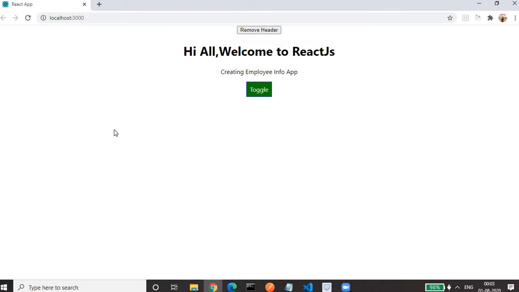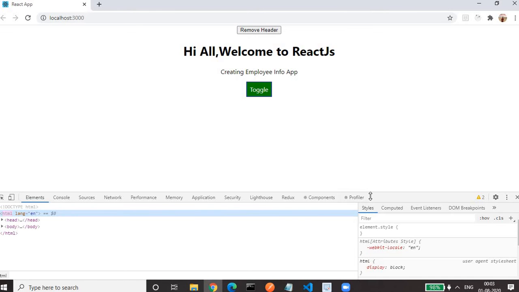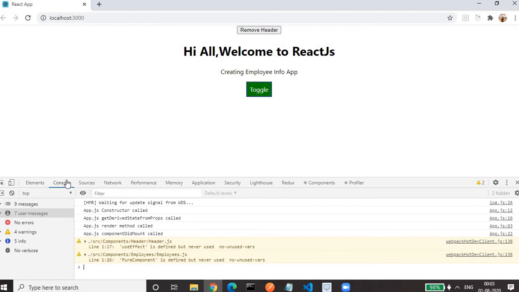We'll see what are the methods which have been executed in sequence. That's why I have put some console statements. Okay. So see, first the constructor is called of app.js, then get derived state from props is called of app.js, then render method is called, and component did mount is the last method.